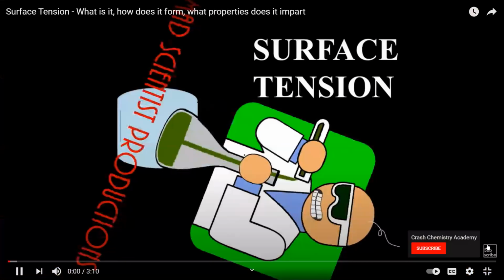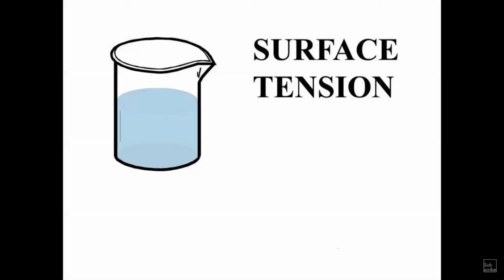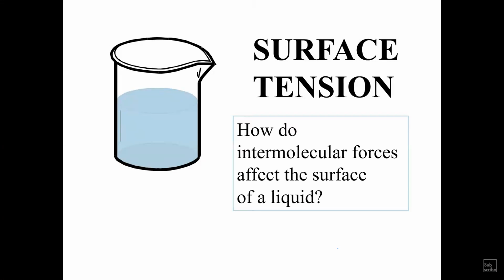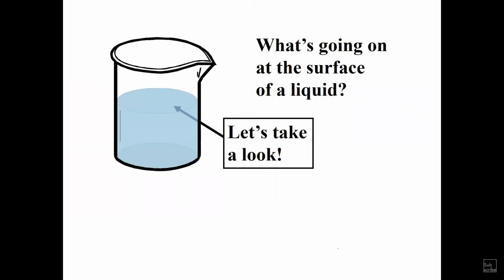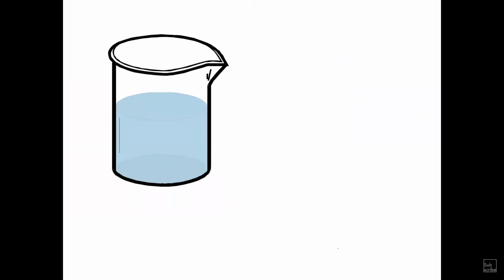Welcome to a Mad Scientist production of Surface Tension, in which we will look at how intermolecular forces affect the surface of a liquid. So what is going on at the surface of a liquid? Let's take a look by shrinking to the nanoscale. So here we are looking at the individual molecules in a liquid. And let's